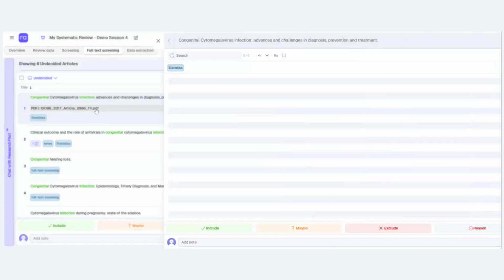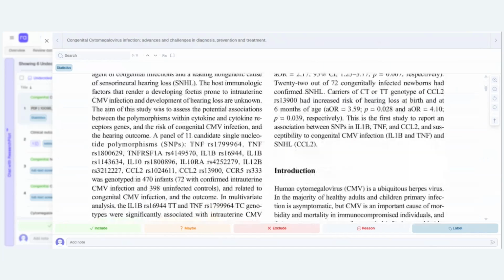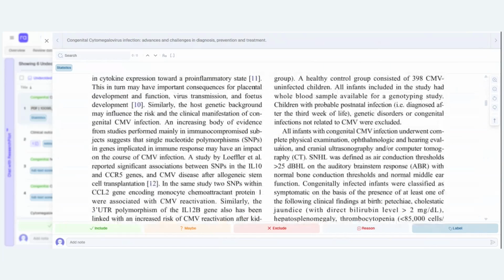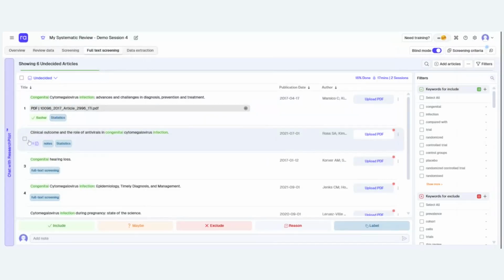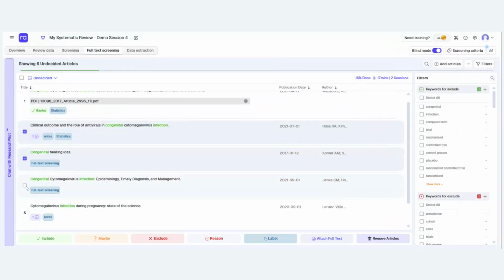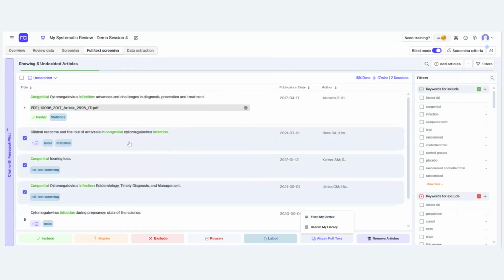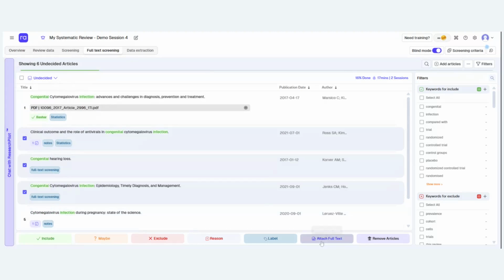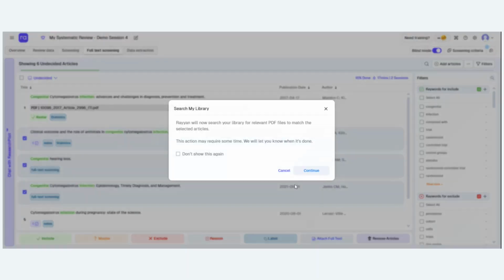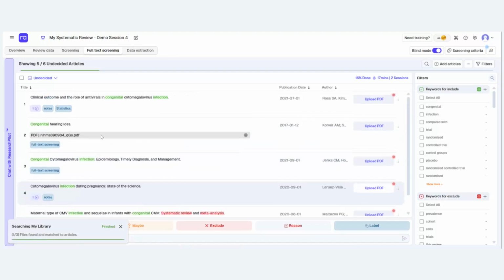Now I need to click on the PDF file, which will open that PDF file within the platform interface of Rayyan, so you can track down the full text and take your decision accordingly. You can bulk upload from your local desktop by selecting multiple articles and clicking select more, the 3 PDF files related. Or, as I previously mentioned, if you uploaded them to your library and you own a premium subscription, you can just simply search My Library, which will work on searching articles, the PDF files that are related to